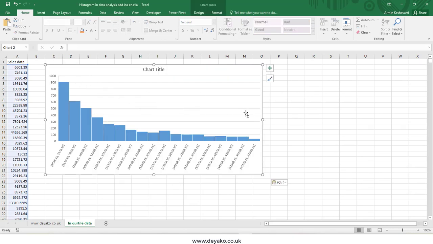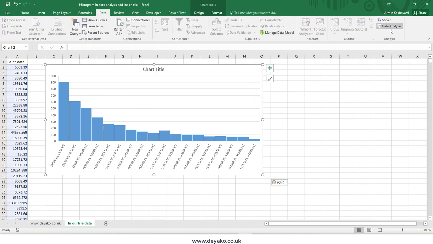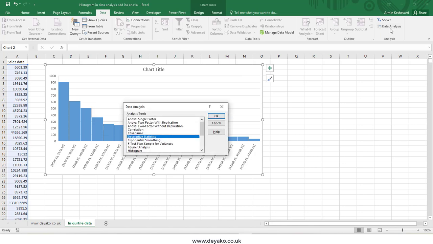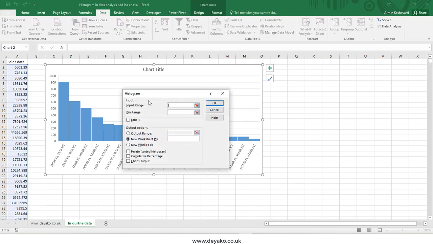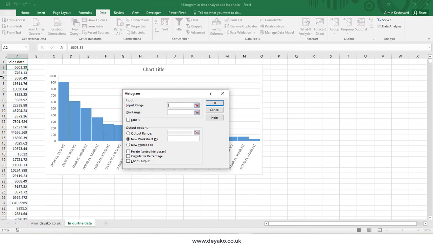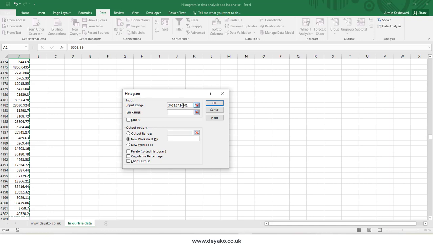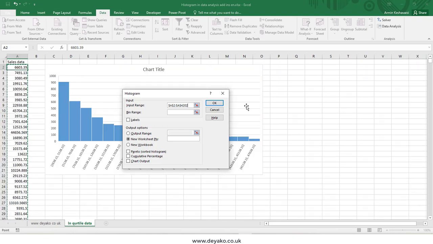Right now I want to use the Data Analysis add-in to have the histogram chart or report too. So I select Data Analysis, select Histogram, and press the OK button. In the input range, I need to select A2 until the end of my data, which is A4202. If you define your bin range, you can select it here, but in most cases,